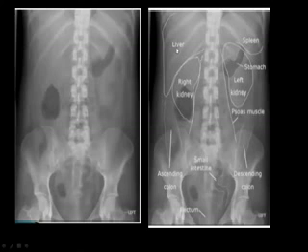This is the right kidney. The left kidney is fully seen. This is the lower margin of the spleen. Overlapping stomach can be seen over the region of the left kidney. This line is the outline of the psoas muscle, and this is the outline of the right psoas muscle. Colon in the right lower quadrant, ascending colon, descending colon, some loops of small intestine in the central area, rectum in the pelvis.